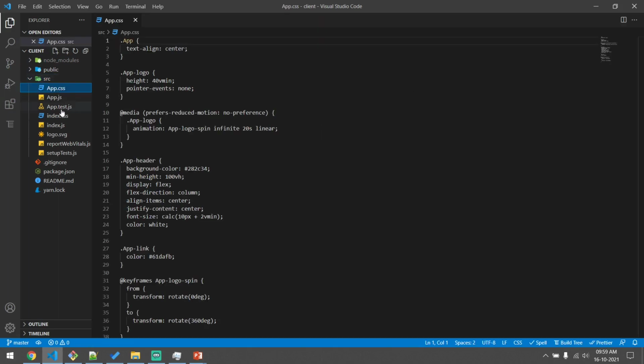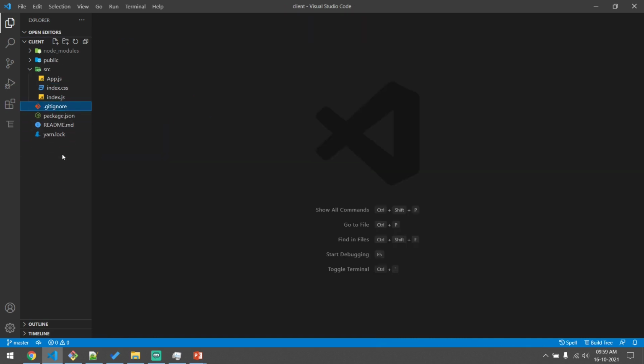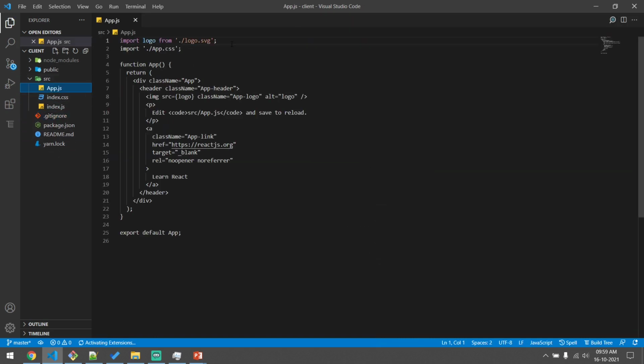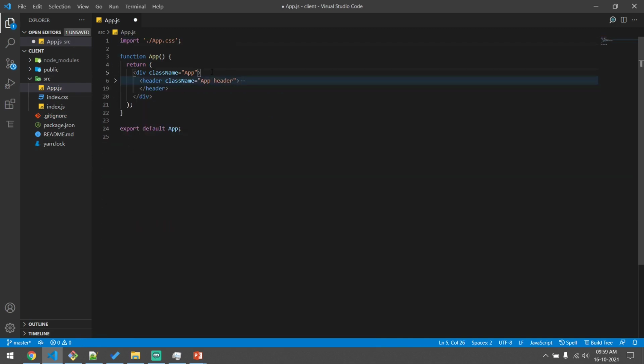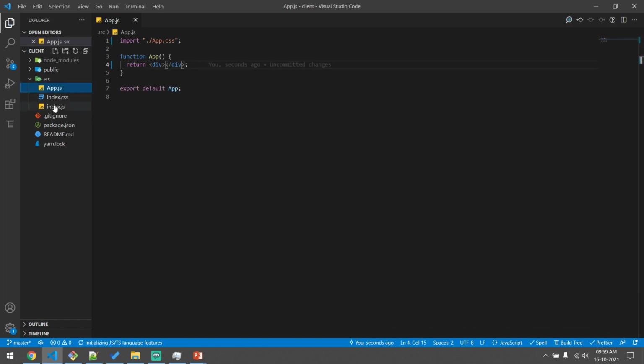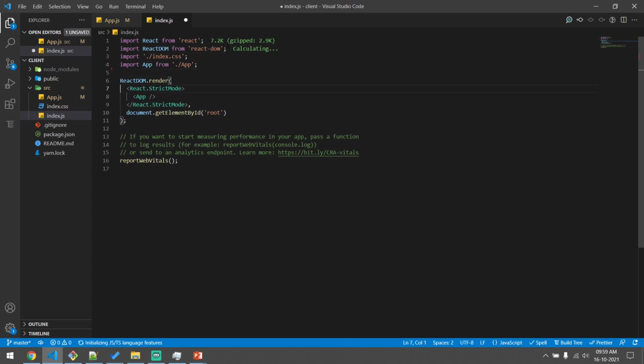That is App.css, App.test.js, logo.svg, reportWebVitals.js and setupTests.js. And let's go ahead and delete all the references. I'll remove this for now, we will be updating it later. Let's go to index.js and remove the web vitals reference.